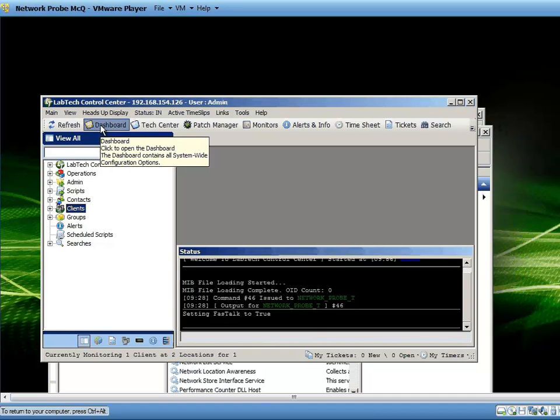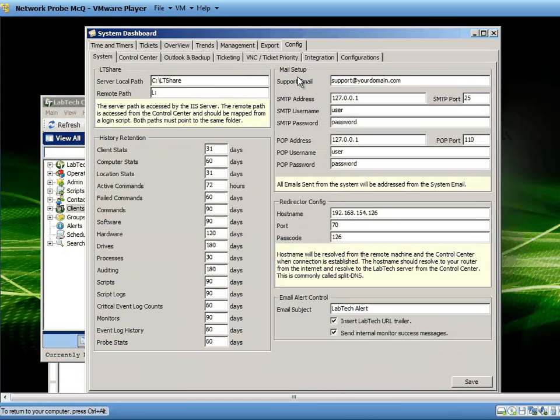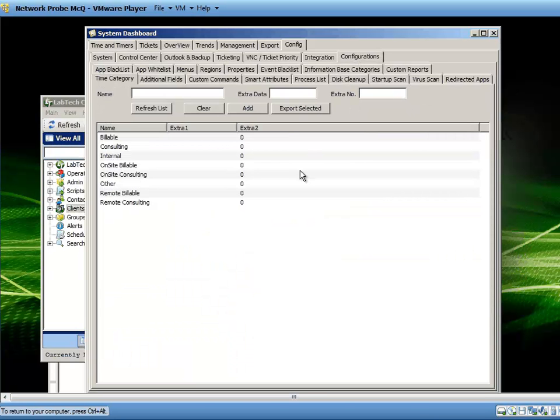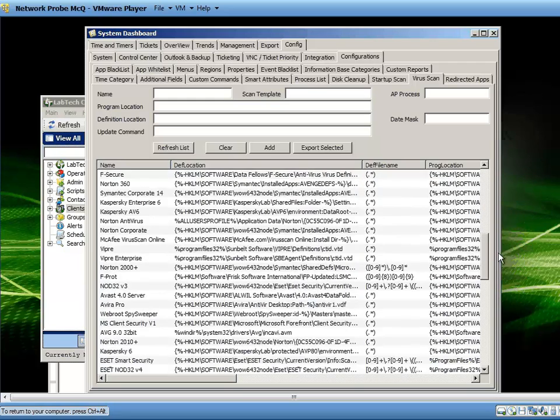Here in the Control Center, left-click on Dashboard. Left-click on the Config tab. Left-click on Configurations. Here we have a Virus Scan tab. Left-click to access that. On this screen, we have listed all of the different antivirus platforms